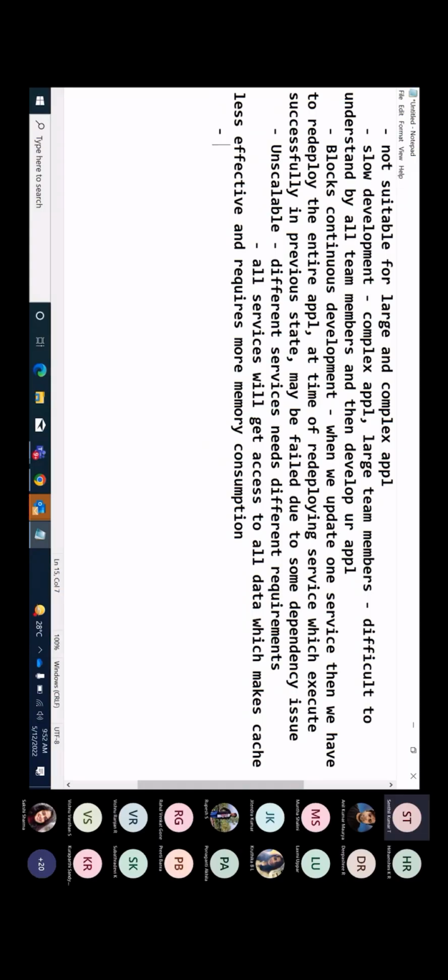The next drawback is that we call it unreliable. And what is unreliable now? As I already told before, in the case of your e-commerce